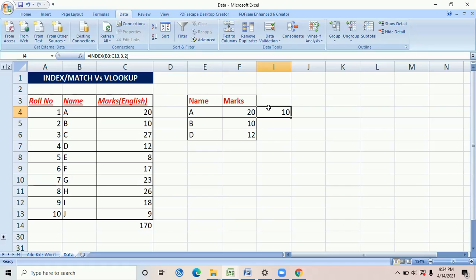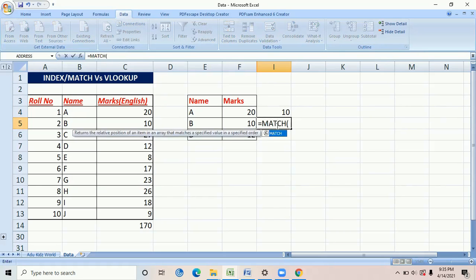Now let me take you through a MATCH function also. So the MATCH function is basically designed for mainly one purpose, that is to find the position of an item in a range. And let me tell you, the MATCH function is not case sensitive. It doesn't matter if the range is horizontally placed or vertically placed, right? So let me show you a MATCH function, right?